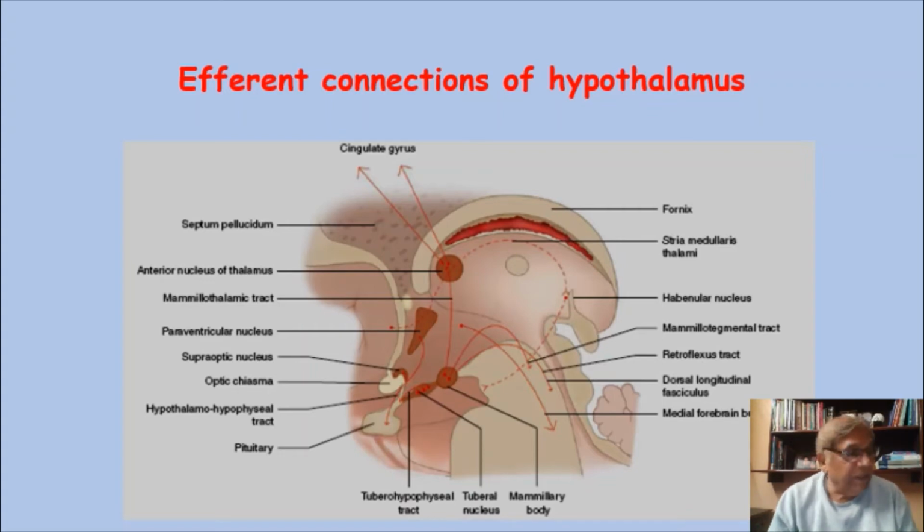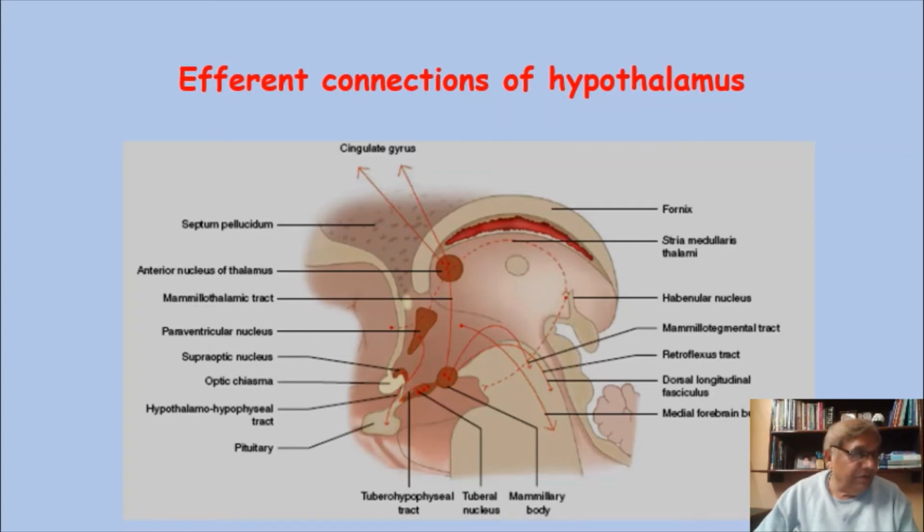Let us see where these efferent autonomic fibers from the hypothalamus will go in the spinal cord. As we know, in the spinal cord the sympathetic preganglionic neurons are located between spinal segments T1 to L2, in the lateral horn of the gray matter of the spinal cord. Similarly, in the lateral horn of the gray matter of spinal segments S2 to S4, the parasympathetic fibers are also located. So it will supply both the sympathetic as well as the parasympathetic.